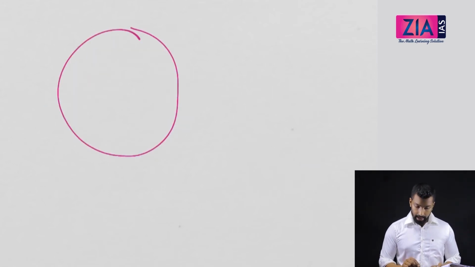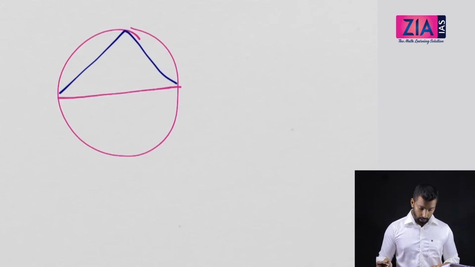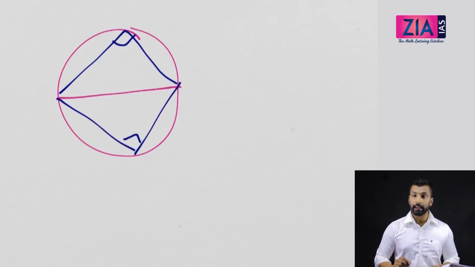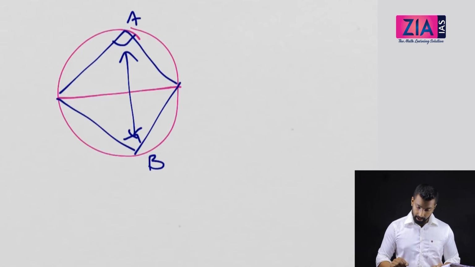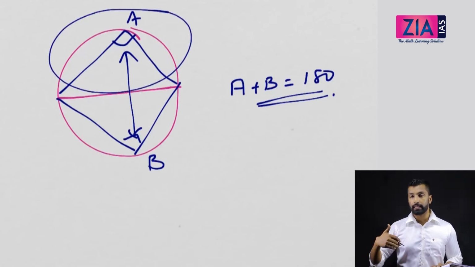Now one more case. If you take a circle and let's take this as the diameter, consider a cyclic quadrilateral. So this will be 90 and this will be 90, so these two angles add up to 180. If you name this A and this B, A plus B is equal to 180. That is obvious, as cyclic quadrilateral is what we are discussing. You have flipped it over to this side, so obviously this is going to be 90 and the total is 180.